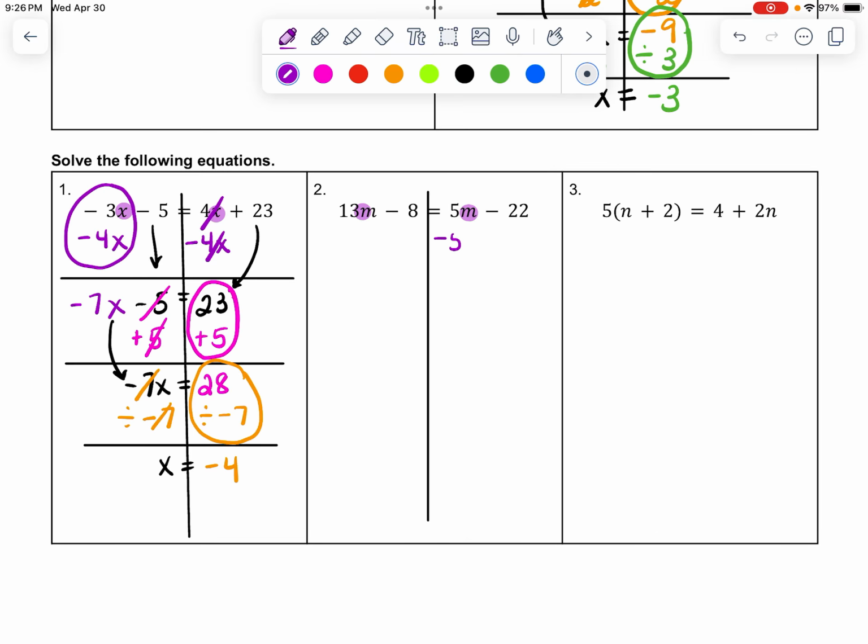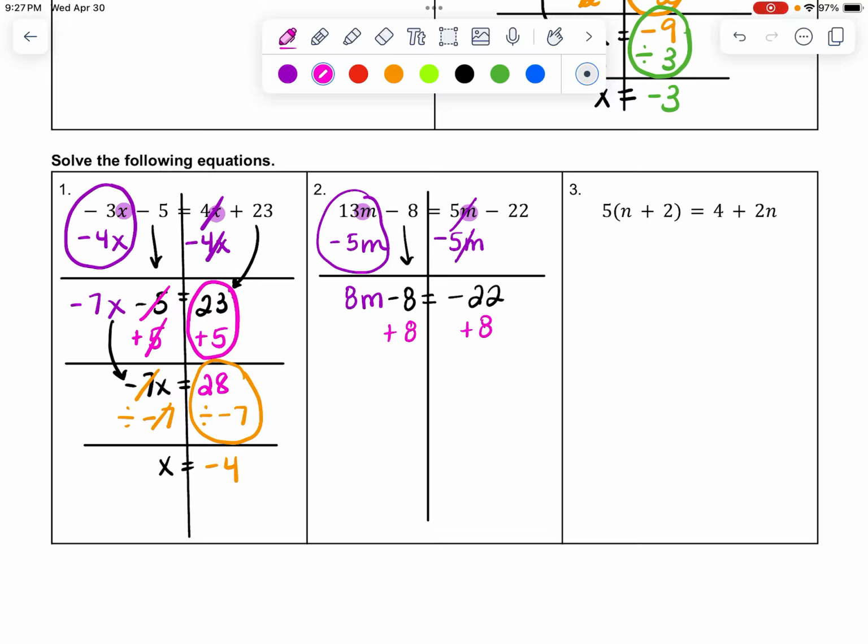I'm going to subtract 5m on both sides. And when I do that, I get 13 minus 5m is 8m. And I'm going to drop down the negative 8. On the right-hand side, the 5m's cancel, and I get negative 22. Then I'm going to add 8 on both sides,